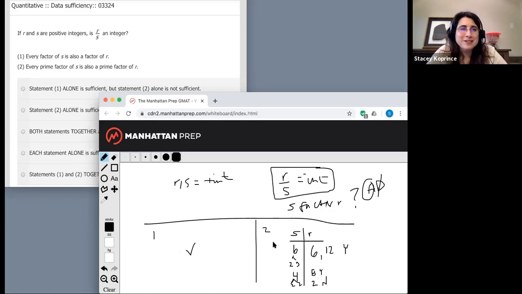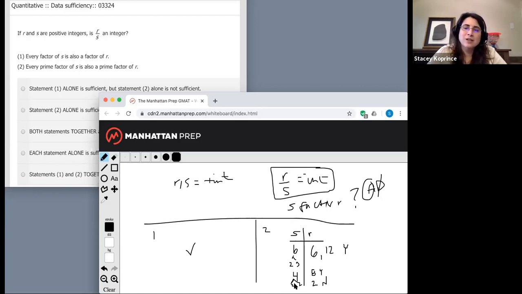It was a little trickier to deal with statement 2. I had to think about how prime factors would change that. If I hadn't tested this out and had just had to guess, I might have just guessed that statement 2 would work too. The distinction here basically is that if I've got something that repeats, that uses multiple prime factors to get to that number, like 4 is 2 times 2, but it really just has the one prime factor,